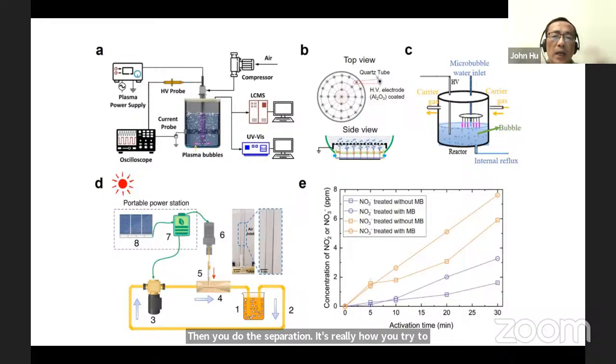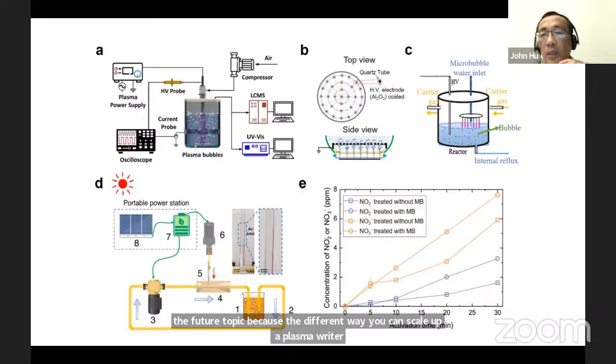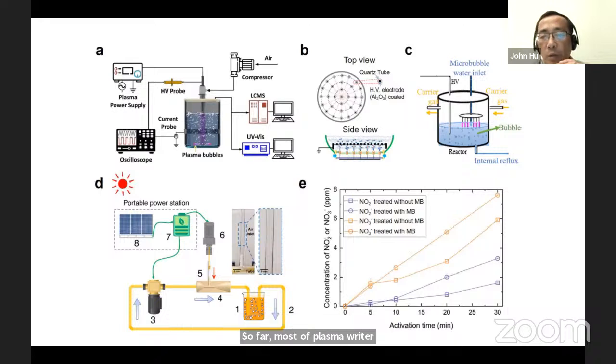I think Dr. Anand asked me to discuss reactor scale up. I will save it for a future topic because there are different ways you can scale up a plasma reactor. So far, most plasma reactors are still in the laboratory. I'm talking about ammonia synthesis. For other syntheses, maybe they have commercial applications. For example, they use